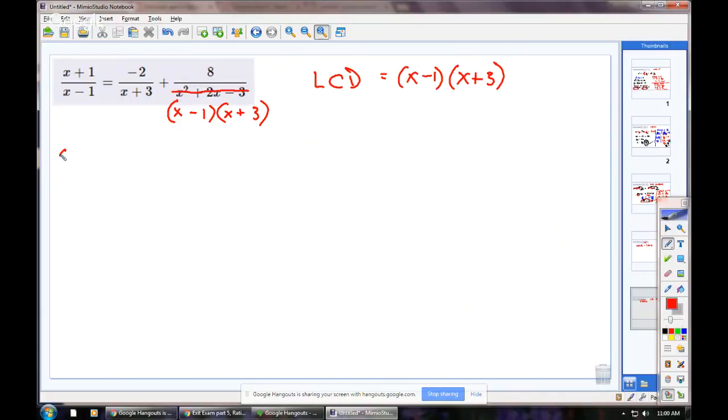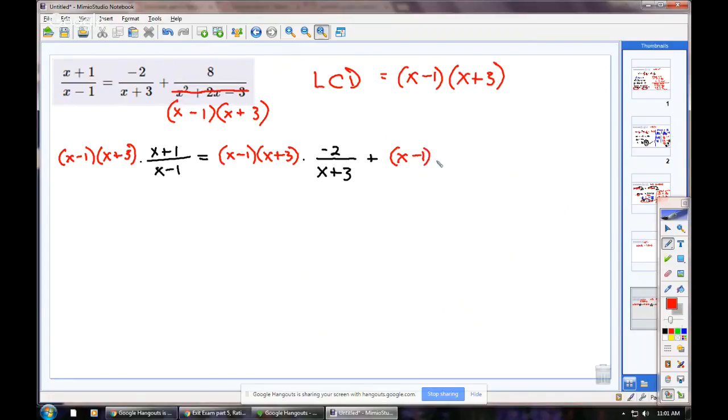So x minus 1 times x plus 3 times the first fraction, x plus 1 over x minus 1 equals x minus 1 times x plus 3 times the next fraction, negative 2 over x plus 3, and then plus, same idea,